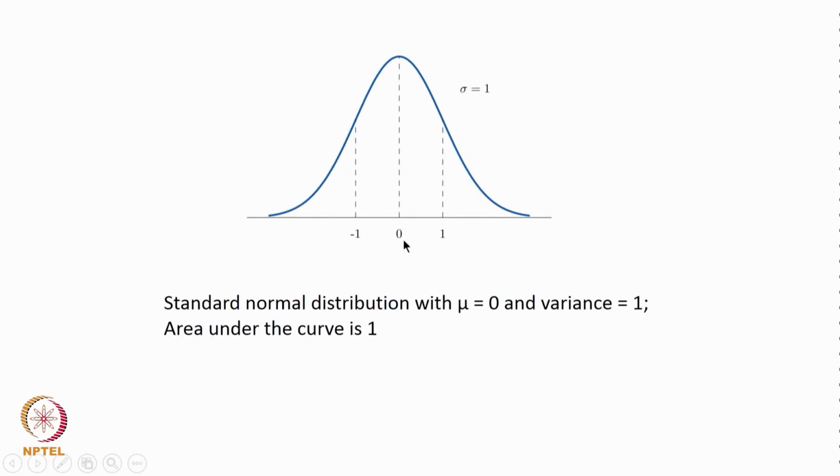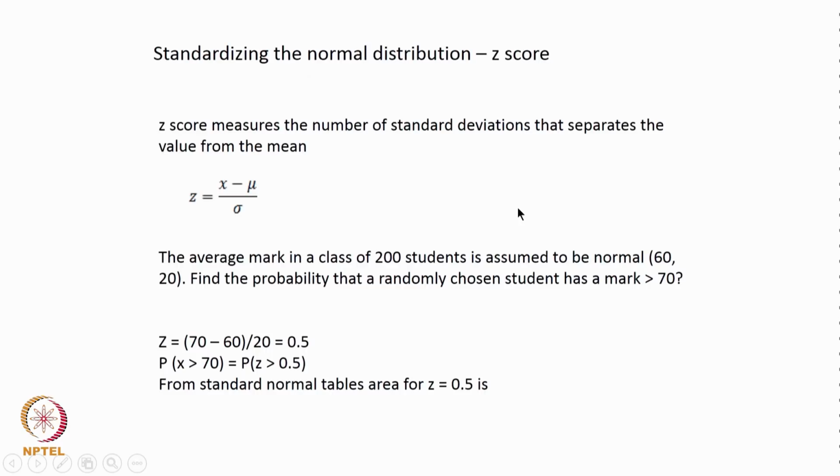So, you could have z equal to 0.5 somewhere here and we would have this somewhere here. So, to the left of this is 0.69, to the right of this is 0.31, and therefore, the answer is 0.31. It is also important to note that we do not try to answer a question like what is the probability that a randomly chosen student has a mark equal to 70 using this kind of analysis, which becomes very difficult, and much later we will know that such a probability tends to 0 and so on.